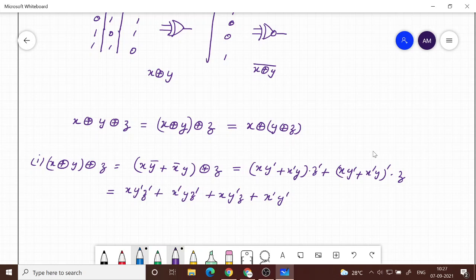Oh sorry, I have to do one more thing. I have to apply De Morgan's theorem here before expanding it. So if I apply De Morgan's theorem, it will give me